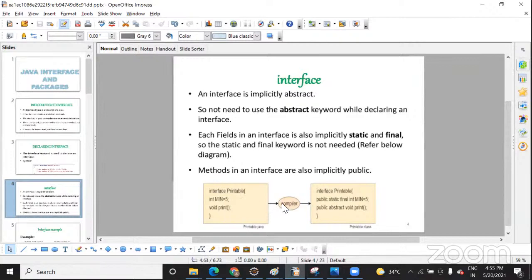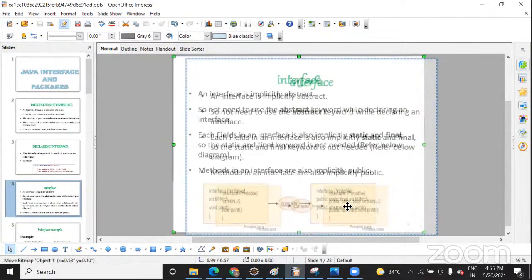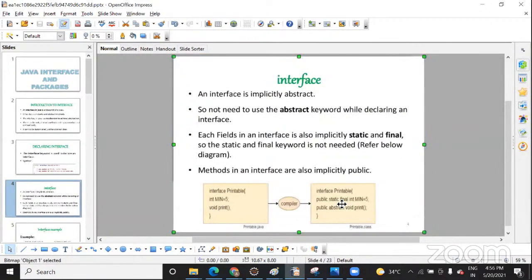The compiler internally converts every variable into static and final, so that they will not get changed and they belong to that class itself. Implicitly they are converted into static and final, even if you don't add it. You can add it or not, but usually we don't add it because the compiler takes care of this.